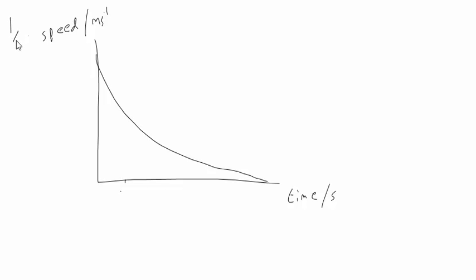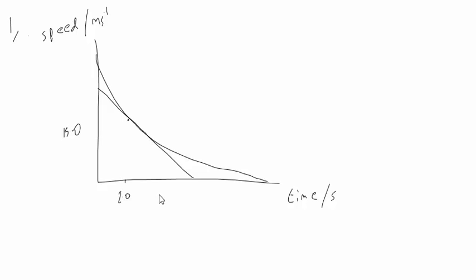In question 1, we have a speed time graph, something like this, for a vehicle entering an escape lane. In 1.1, we're to find the force decelerating the vehicle 2 seconds after entering the lane. Well, 2 seconds is about here, so what we need to do is draw a tangent to the curve at this point, find the gradient of that tangent, and I found that to be along here to be around about